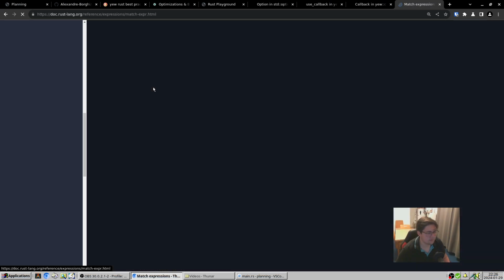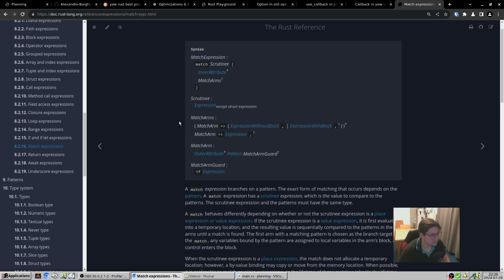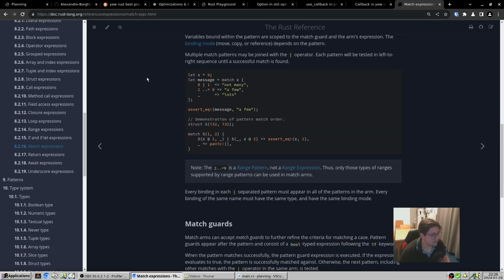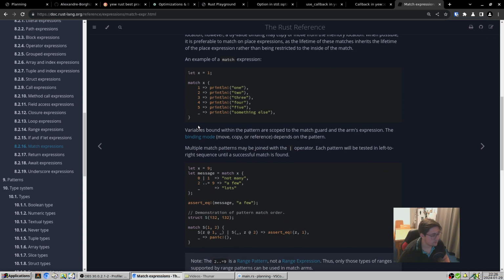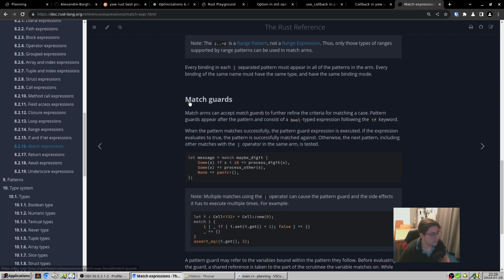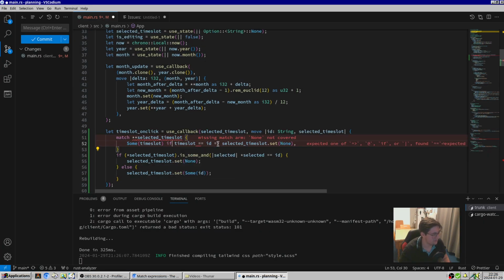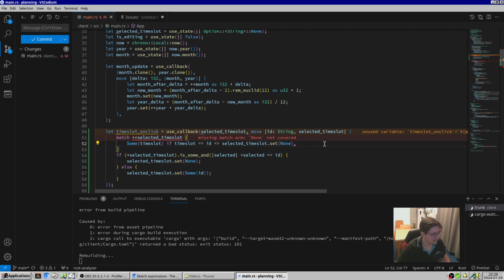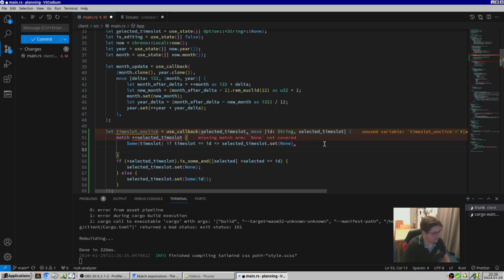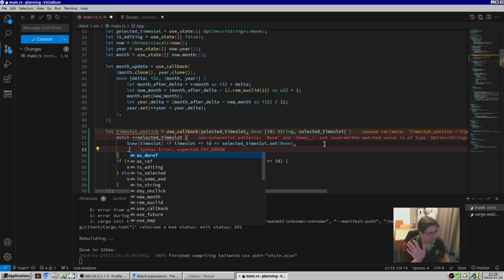I don't think I've ever used a guard, a match guard. Oh, this is if, yeah. I don't think I've ever used a match guard in my code. This is the first time, I think. Okay, and if there's anything else,